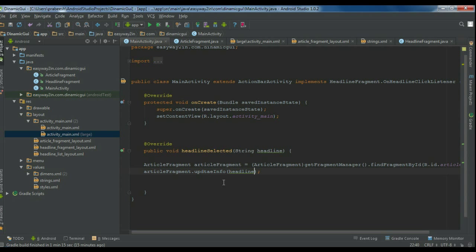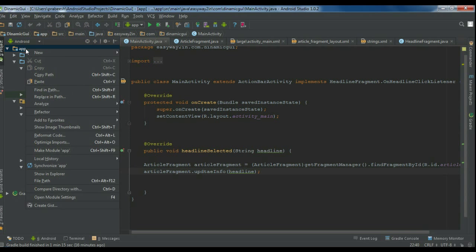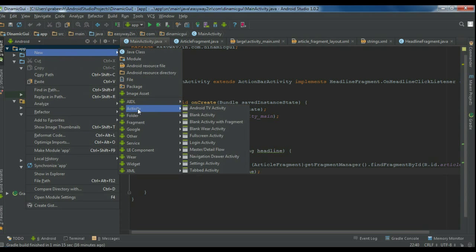Okay, so now we configure the application for a large display device. But now we have to configure the same application for a small display. So in the case of a small display, the launcher activity, that means the launcher layout, contains only one fragment, that is the headline fragment. So now we have to create another activity for a small display device. So create a new Android activity, Android blank activity,